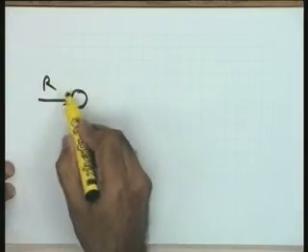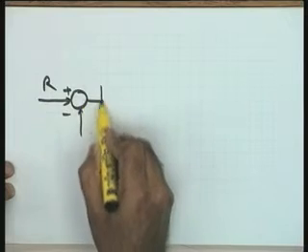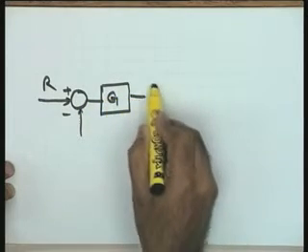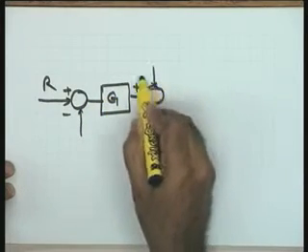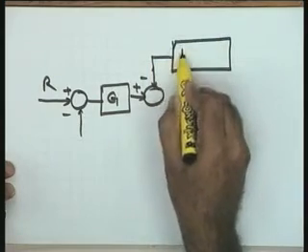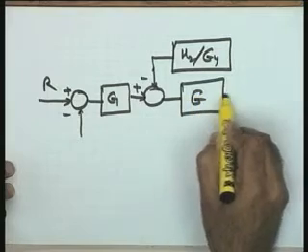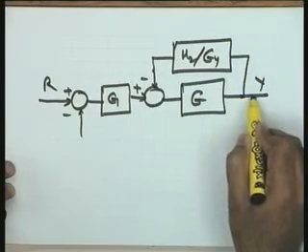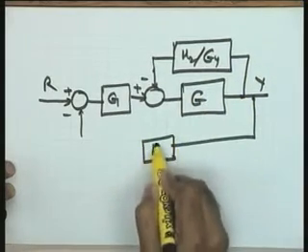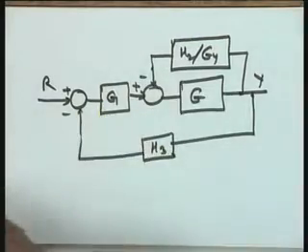If you keep in mind that the reduced block is G, then the situation is now available to you in a simplified form. The new transfer function here is G2 by G4, and let me put a single block G here, this becomes Y and this is the signal going through H3. I think I need not carry this problem further, if you understand the situation, because the situation has become too clear now.